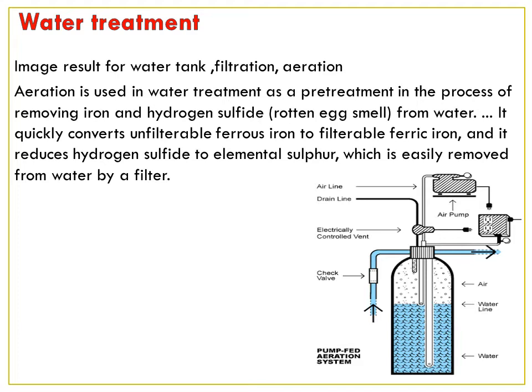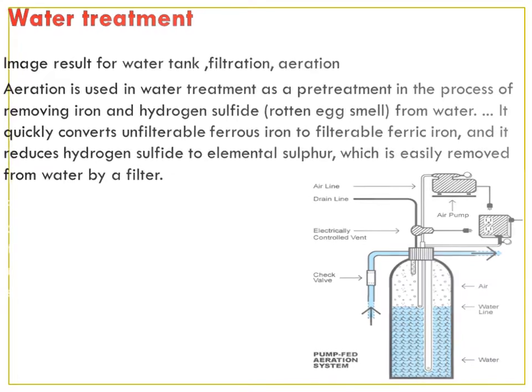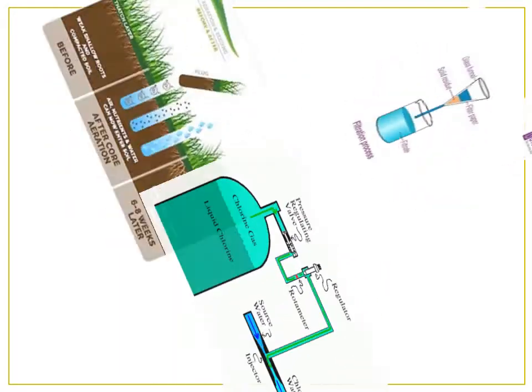Water flows through a filter designed to remove the particles from within it. Filtration collects the suspended impurities in water, enhancing the effectiveness of disinfection. Next, we'll see the diagrams of filtration process and aeration process, before aeration and after aeration. Before, it was weak and swollen roots, after core aeration, then 6 to 8 weeks after aeration. Filtration process, we use a conical flask, we use a cone, isn't it? Solid residue comes down, filter paper will be there, on top is a glass funnel, we use it, then the filtrate is there. Next is chlorine.